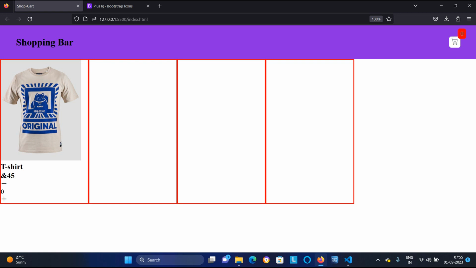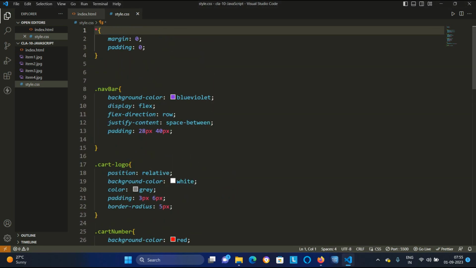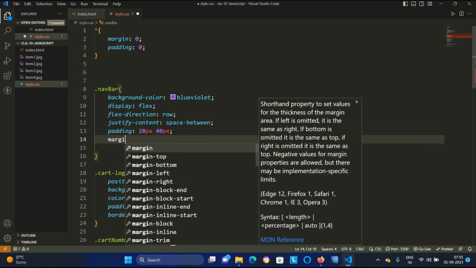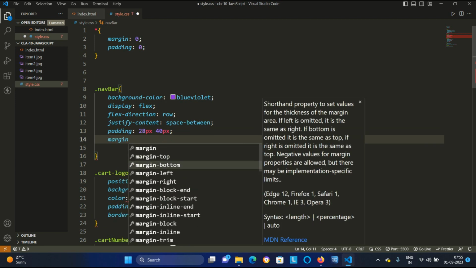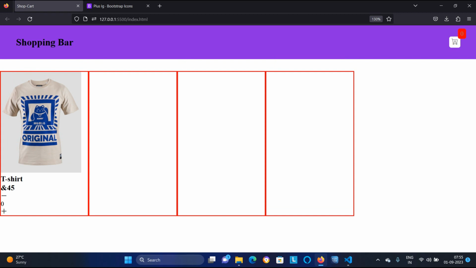If we want some margin, I will go to the navbar style and say the navbar should take a margin bottom of 30 pixel. Look, it is taking the margin bottom.